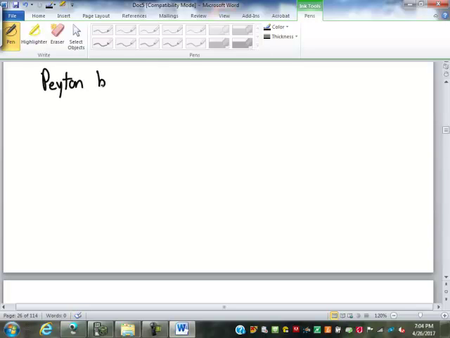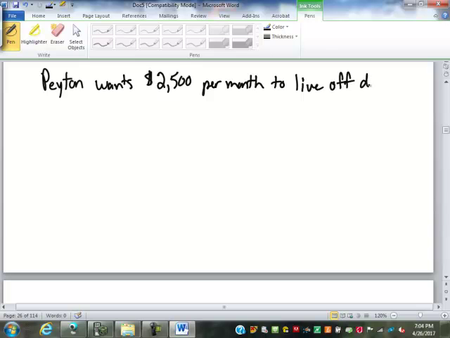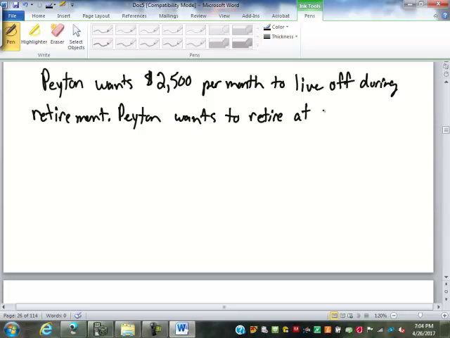Peyton wants $2,500 per month to live off during retirement. Peyton wants to retire at 67